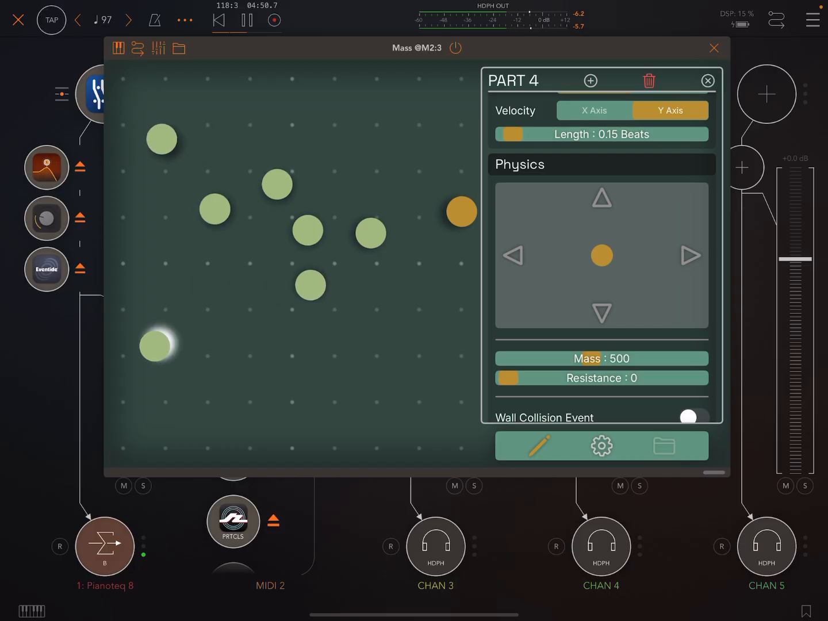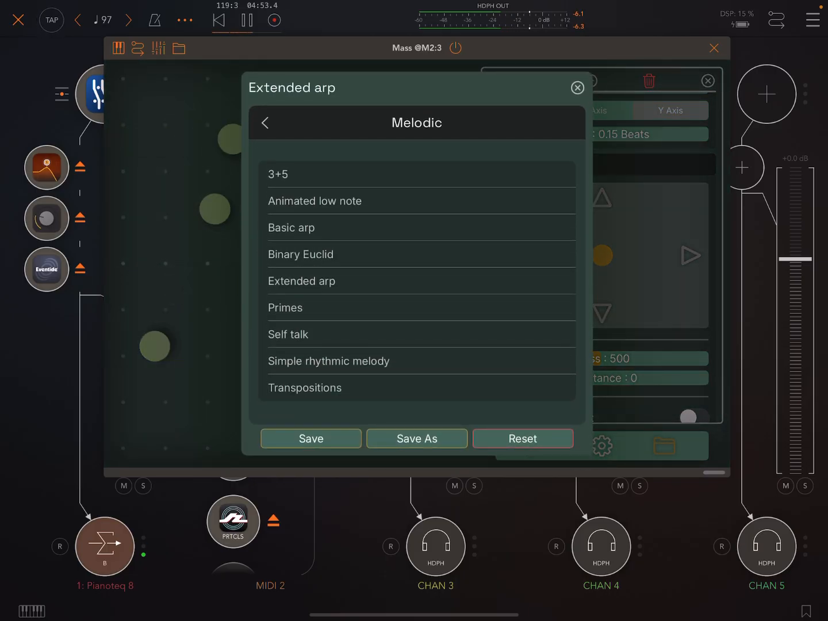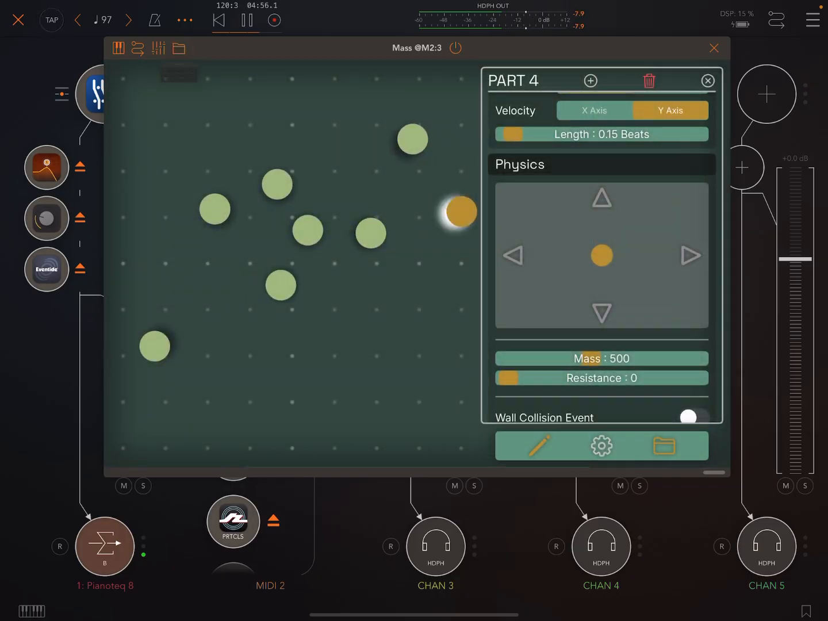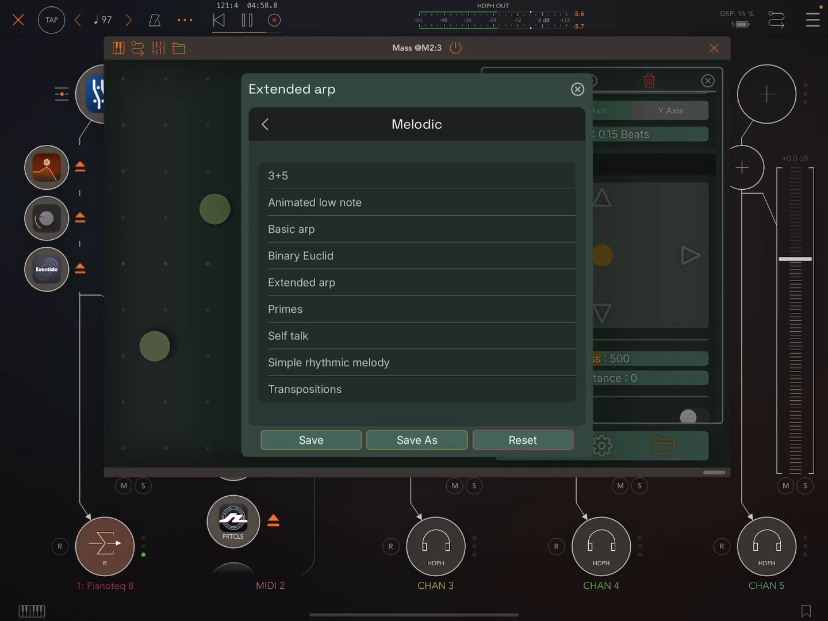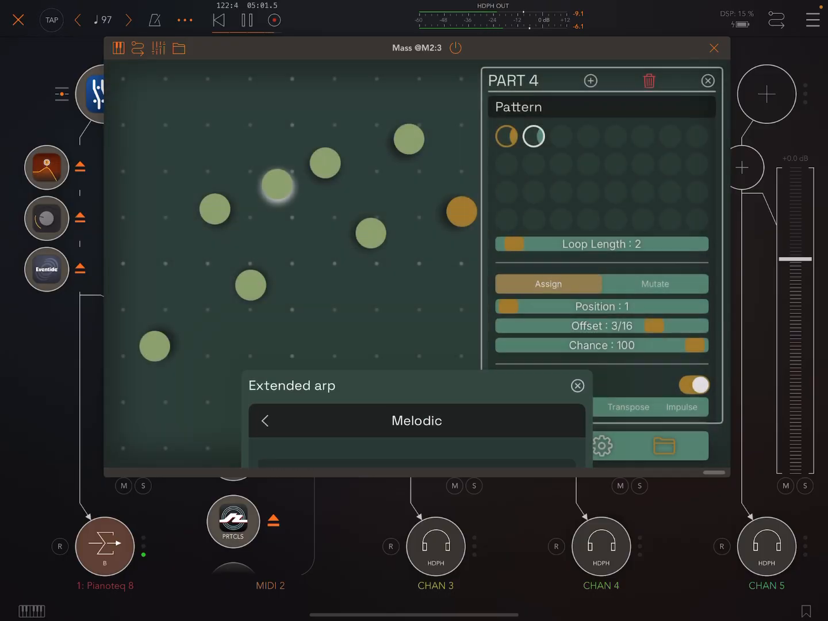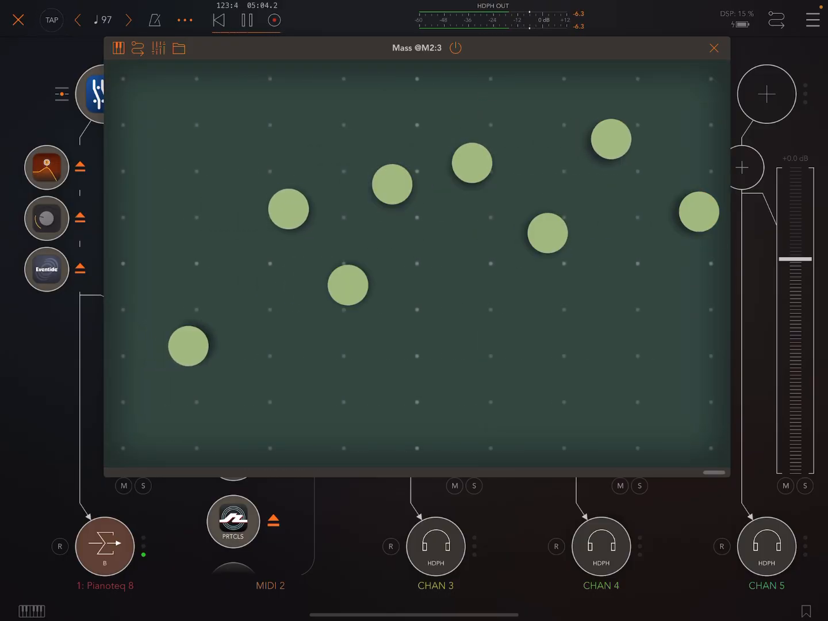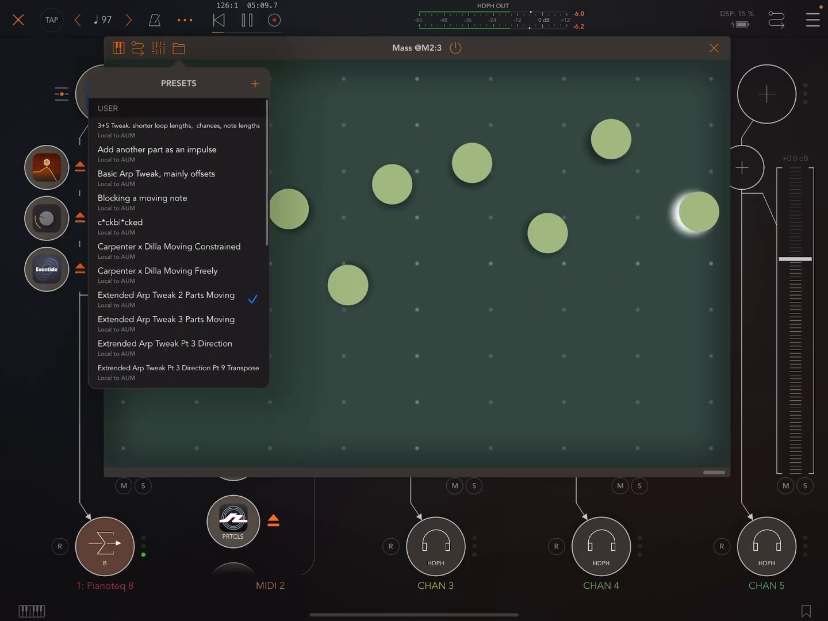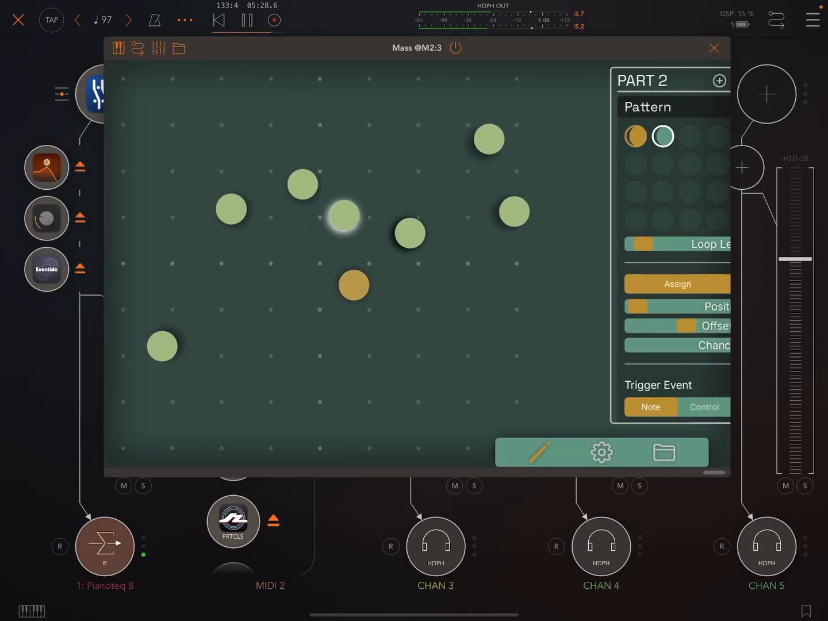Let's pop into one of the factory presets. So this was extended ARP, was it? Yeah, extended ARP. In the factory preset, it's just like this. You can see there's no actual physics stuff going on there. This is just all sequenced. So here I'm allowing this one now to move, and that's bringing this nice little variety into the ARP as this one changes its notes. You can see it's not moving very fast. That's all stuff that we can change